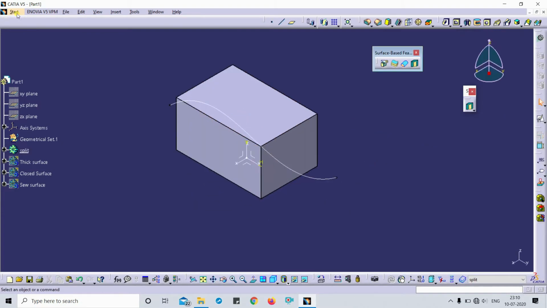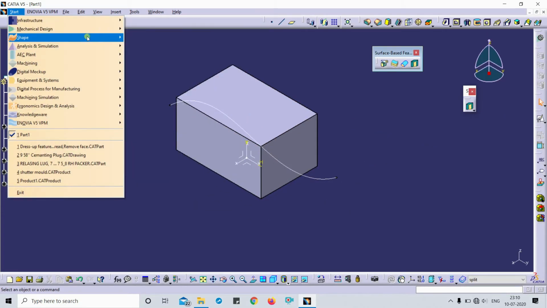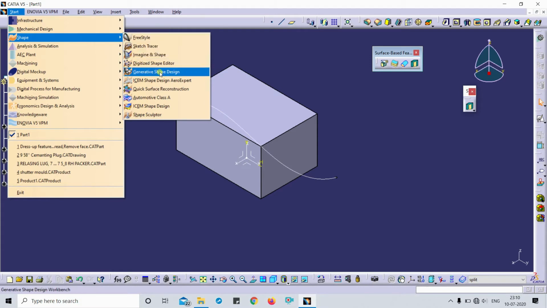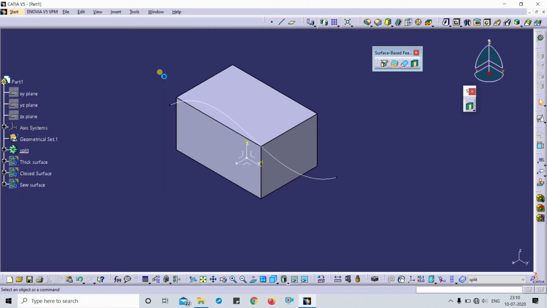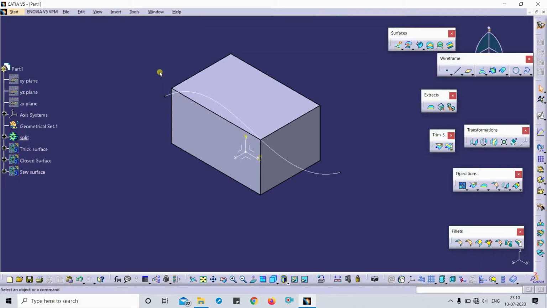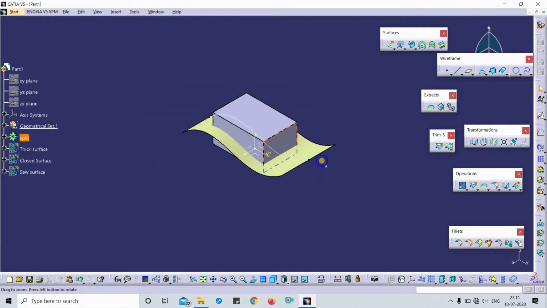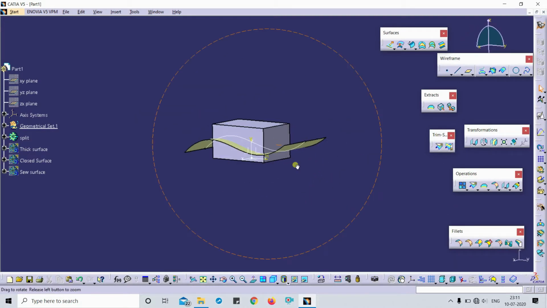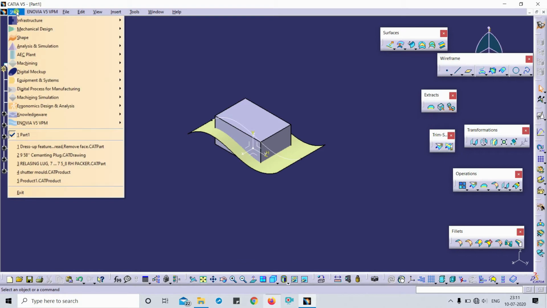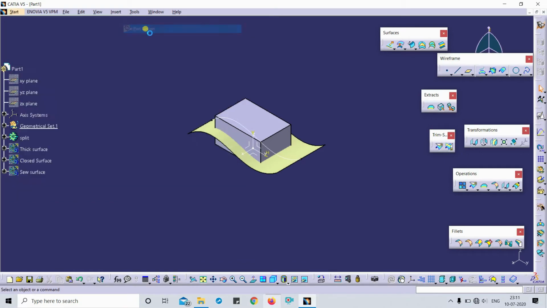After that I go in shape, generative shape design. Here in surface, I extrude the surface, mirror 80 mm. After that I will get back to mechanical design, part design.